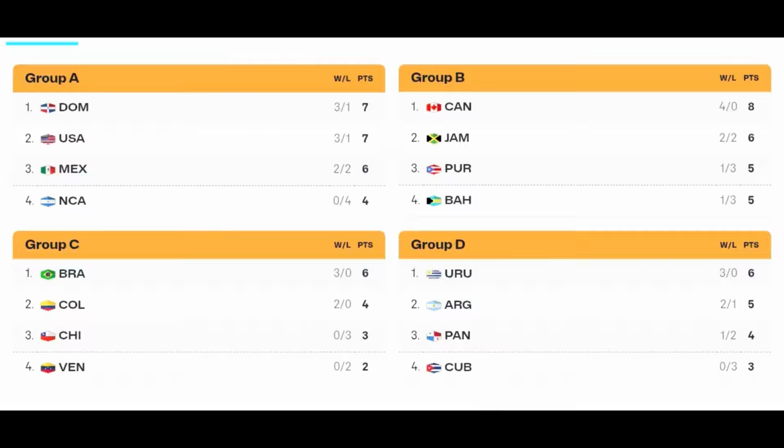Now, all the points that you accumulate in this round carry over into the next round. In the next round, where we're in Group B, we will then form a group called Group F. So we'll form Group F with Group D. So Group B and Group D would form one group. The top 3 from each group will move over into the next group.